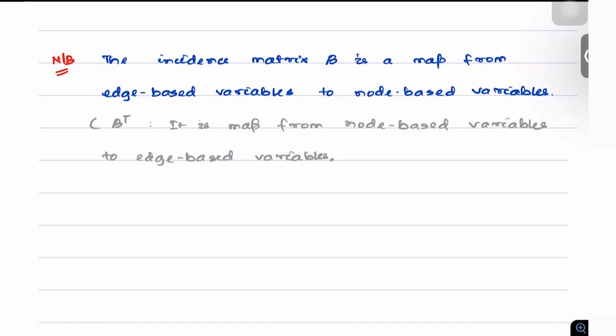So this was an introduction to incidence matrices, and we also saw an example where we can use the incidence matrix to describe the relationship between the different variables in the system, which was the case of the electrical network. In the next lecture, we'll study some properties associated with the incidence matrix. So with this, we'll end today's lecture. Thank you.